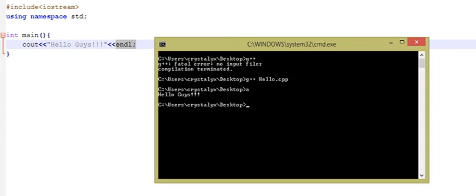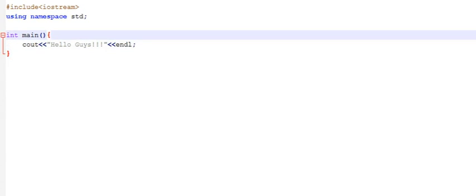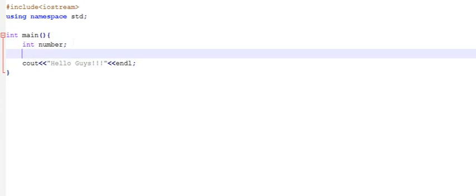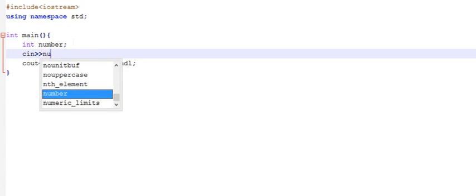Now similar to standard output, there is a standard input as well. The object used for standard input is cin, that is C-I-N. cin normally expects input from the console, but this input can be redirected from other sources. We will look at one example later as we proceed along. So let's put that to test. Say there's an integer number, and this is the standard input object, and this is what we use to push our input. So just say cin number,